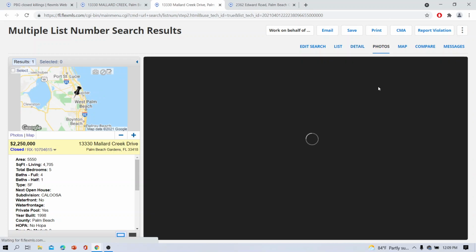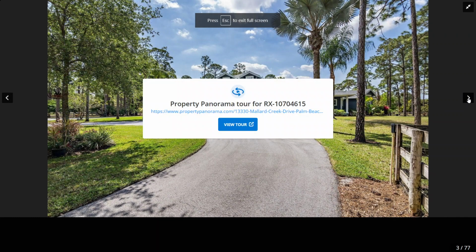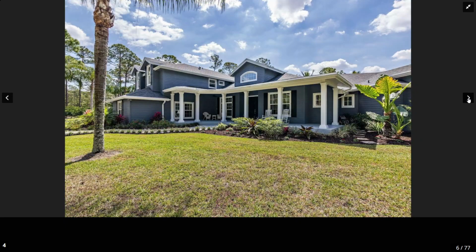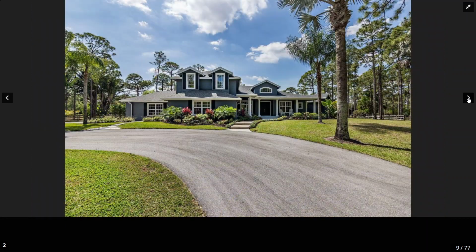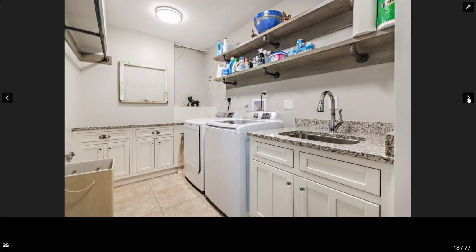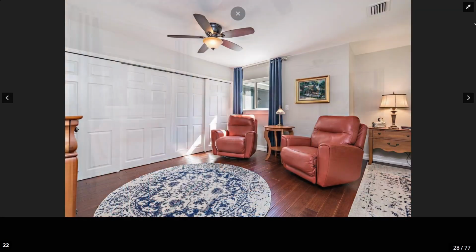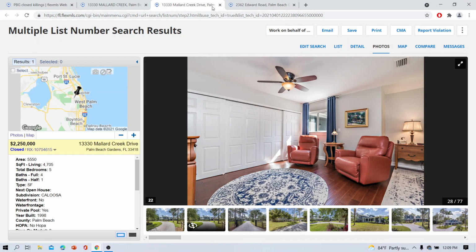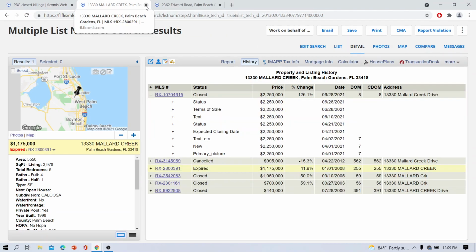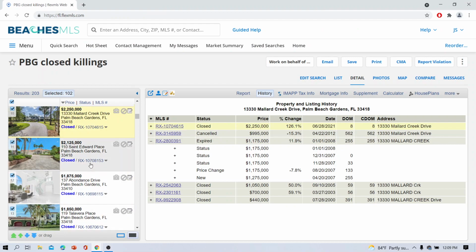And let's look at the photos, see if anything changed. The size is still the same. Well, they did some nice renovations though. But nice way to make a couple million, right? All right, so trying to go back to my list here. Okay, now let's go to,